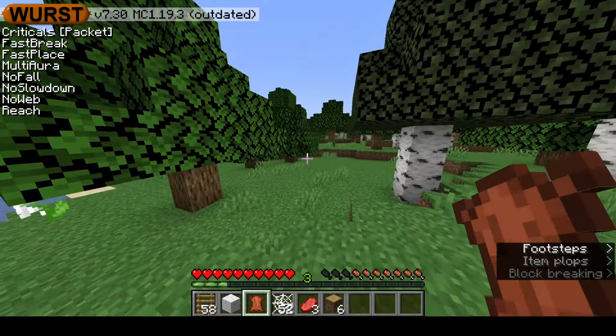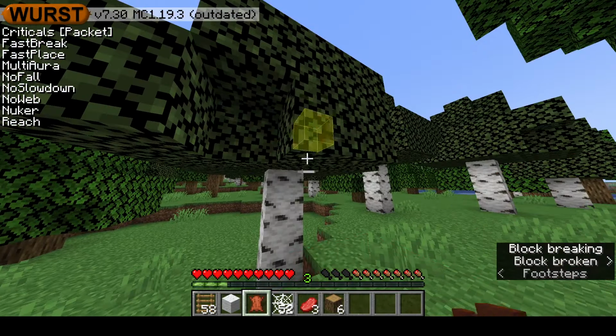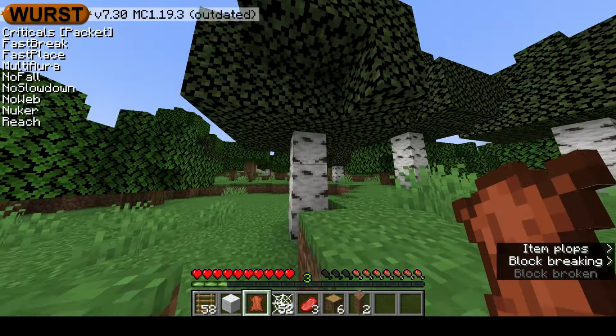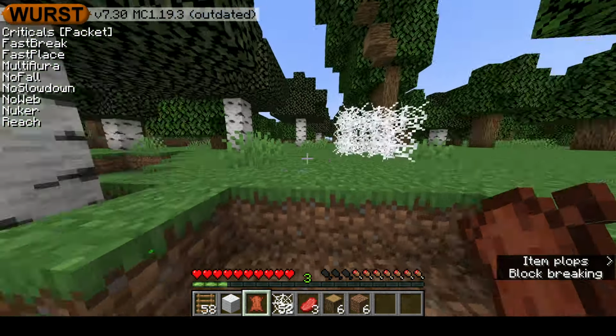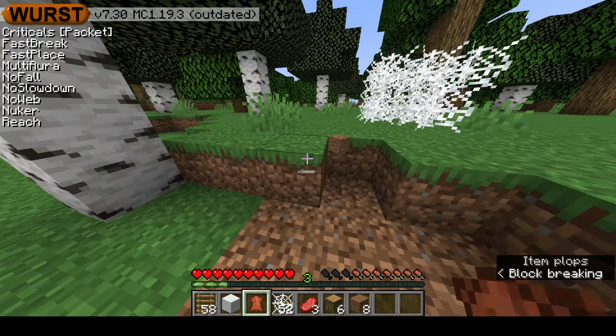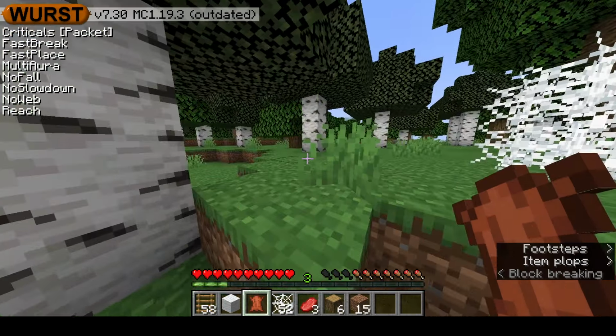And that can be paired with nuker. If you press N is nuker, and that will just break blocks everywhere all around you. It will just start randomly breaking blocks everywhere. Not useful if you're in your own base, but maybe if you're griefing a base. I don't know. Don't grief bases, it's not nice. Anyway,